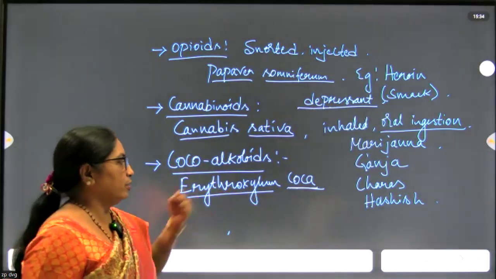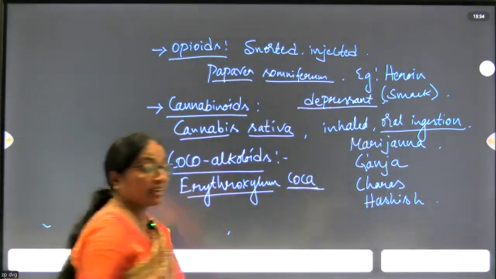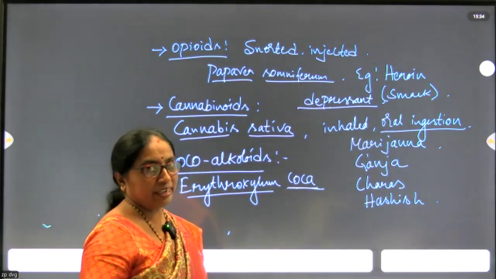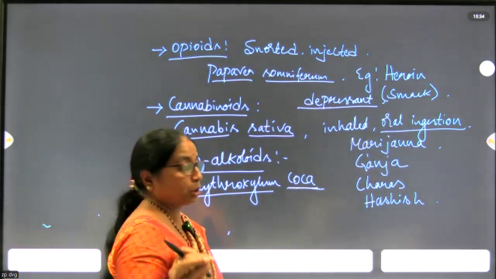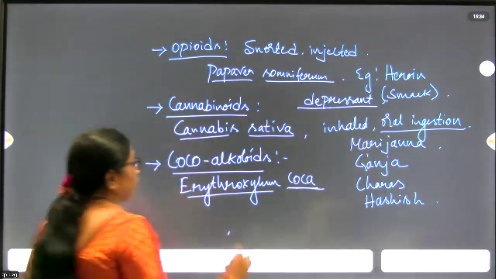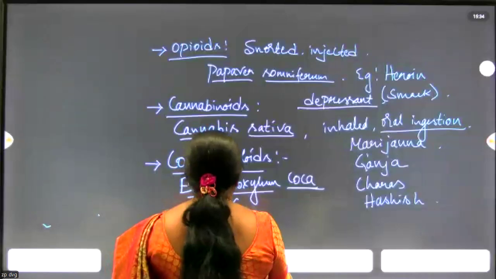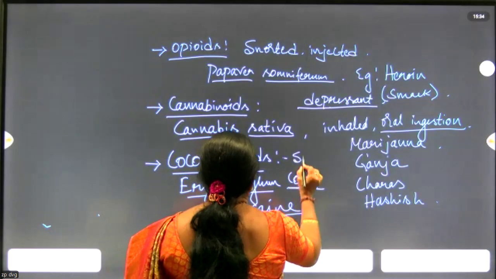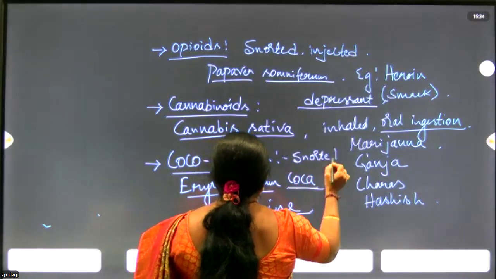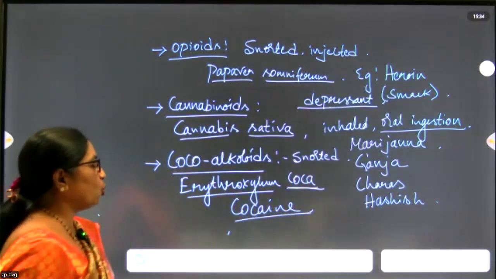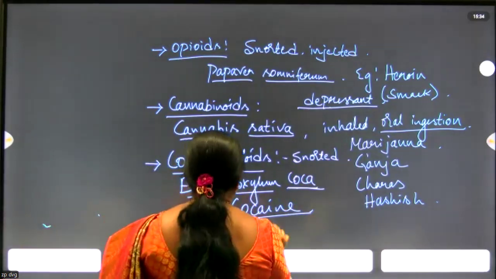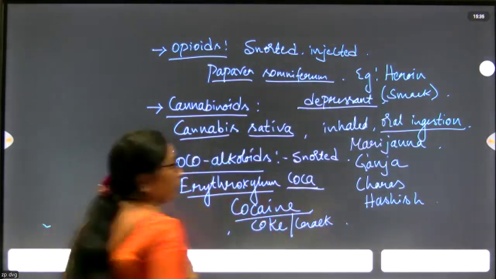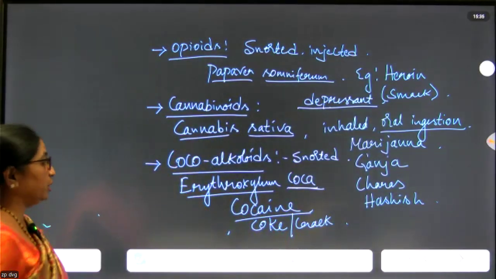All of you are very fond of these chocolates. They act like a stimulant when taken in small doses. So chocolates, not regularly, once in a while, act like a stimulant. An example is cocaine. This is also snorted. The best example of cocoa alkaloids is cocaine, also called coke or crack. When taken in large doses, it acts like